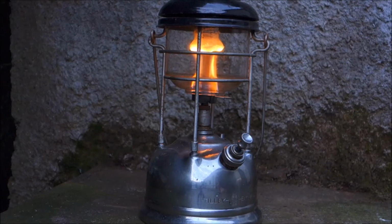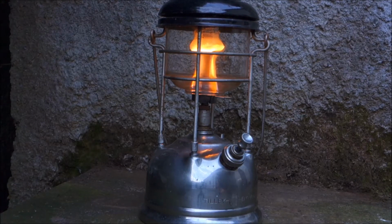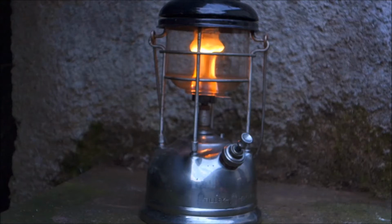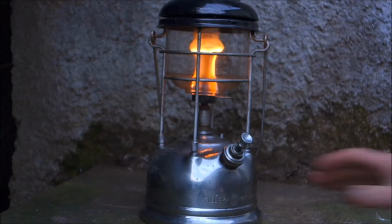So we'll just let that heat away, and probably takes a couple of minutes for it to burn down. I like to give it about a minute and a half to fully heat the funnel before I start pressurizing the tank and lighting it. So we'll set that one aside,